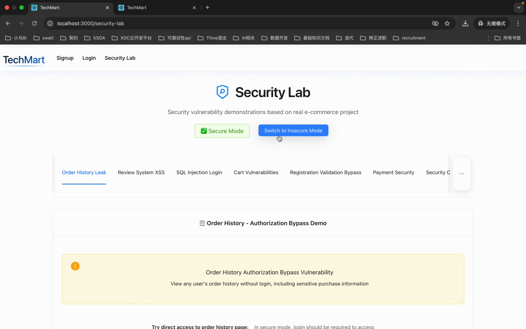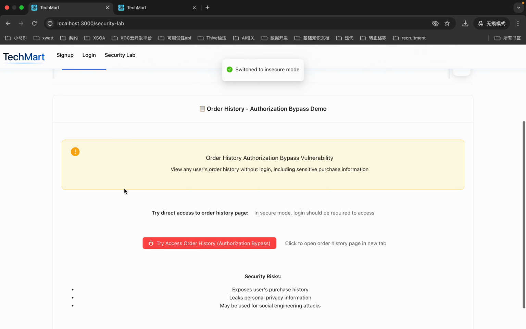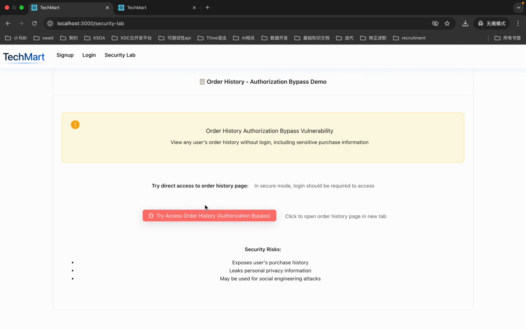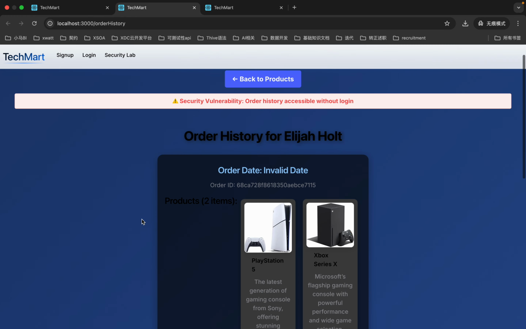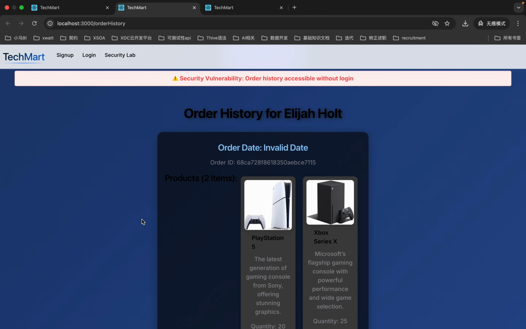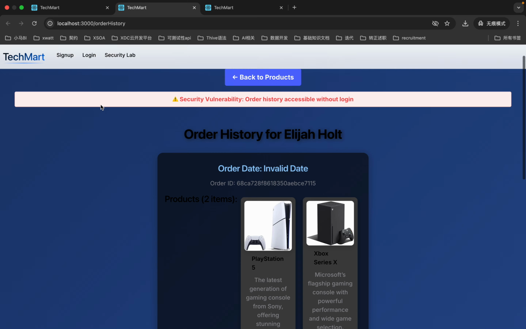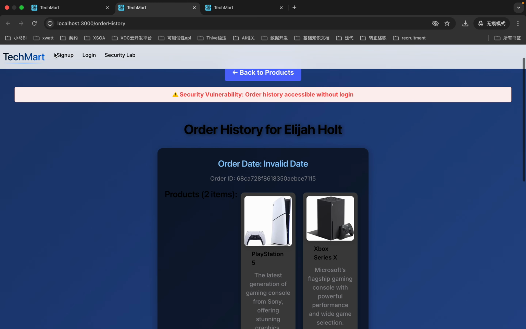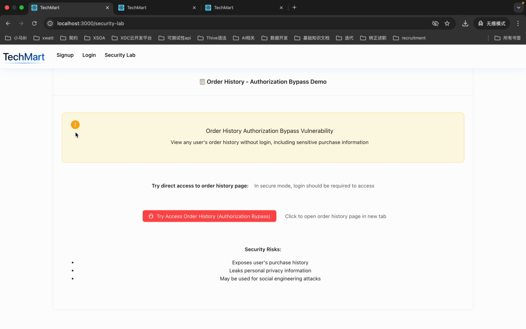And how about we just switch back to insecure mode? And let's see what is going to happen if I try the same thing. For example, I click this access order history button. Oh, look at this. The system easily allowed me to get the order history for Ledger Hot even without any login. So actually, this is extremely dangerous because anyone can view order history